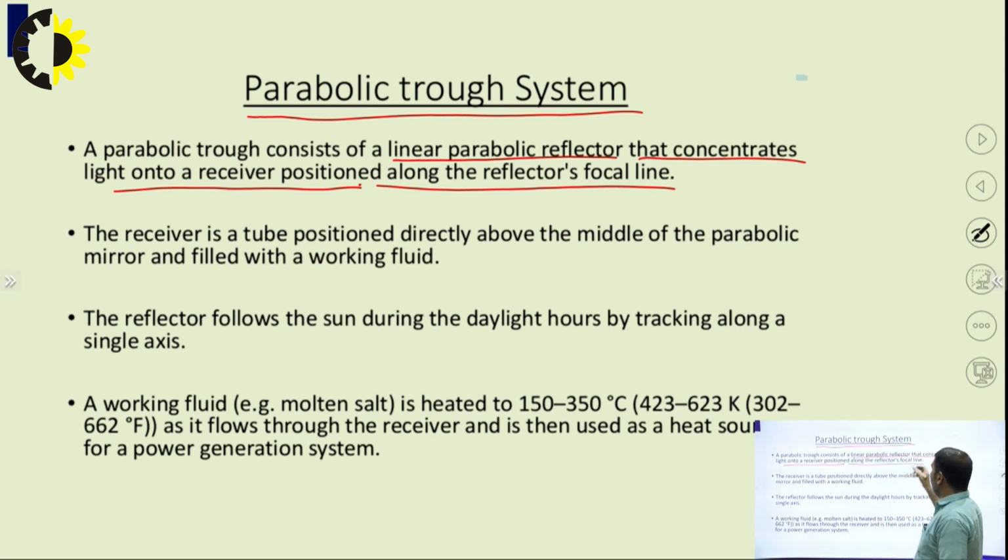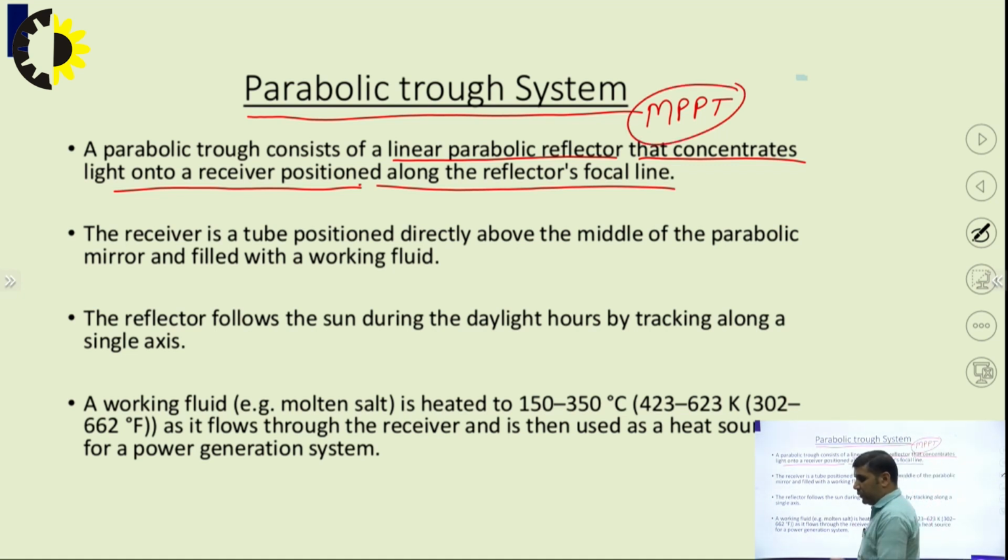The same applies when we position the receiver along the reflector focal line. Maximum power point tracking, a common term in solar power, or MPPT, is what we want to achieve. To achieve this, we arrange the concentrator exactly and accurately along the reflector focal line, so that we hardly require maximum power point tracking, because power is maximally received by the reflectors.